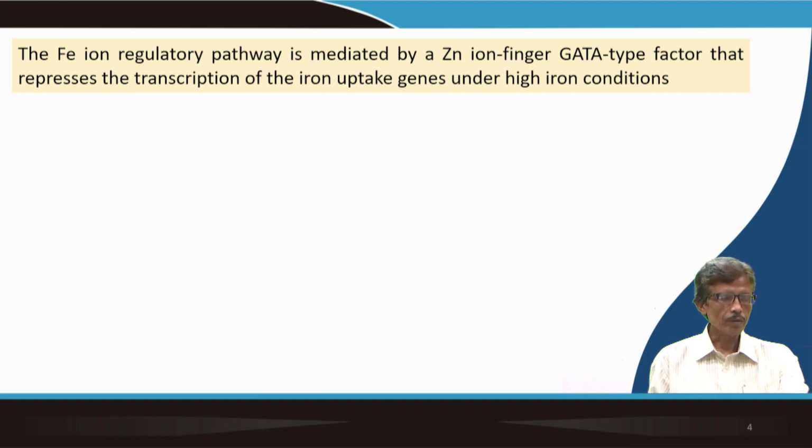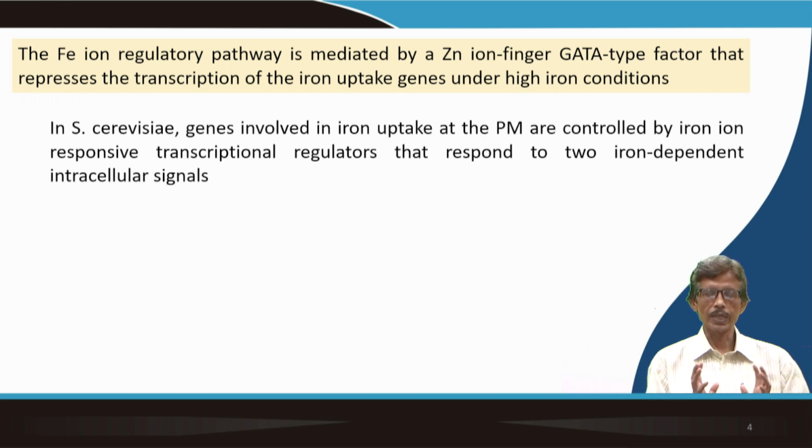So, if you have a higher concentration of iron, then something is happening in a different fashion. The mechanism is going in the opposite direction. So, you will have the equilibrium condition at low iron concentration and in the other case you have the high iron concentration. These two are basically matching through some mechanism, again through some equilibrium process. So, S. cerevisiae genes involved in iron uptake at the plasma membrane, PM is your plasma membrane,